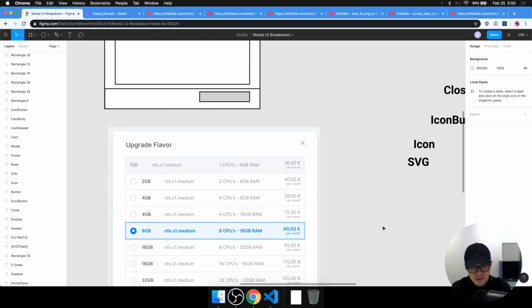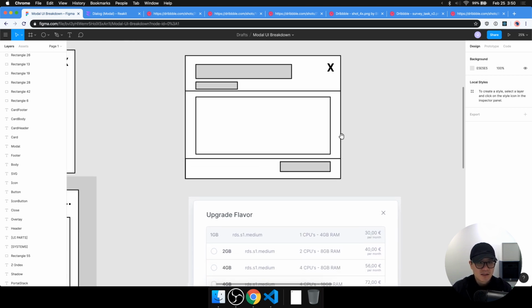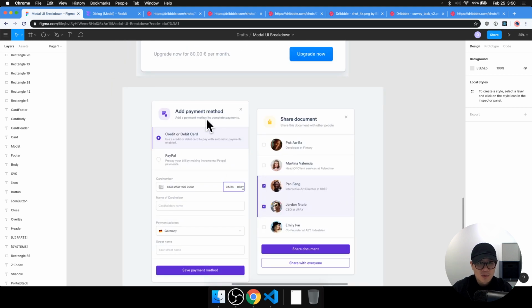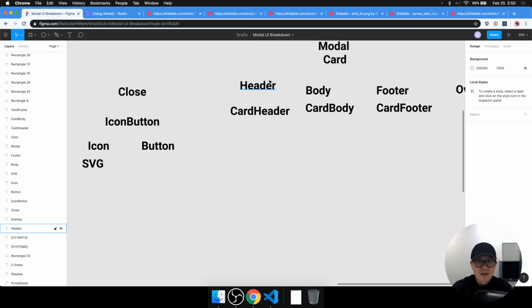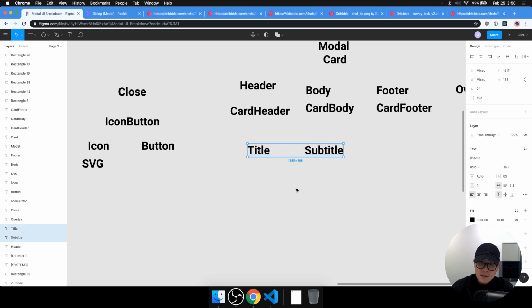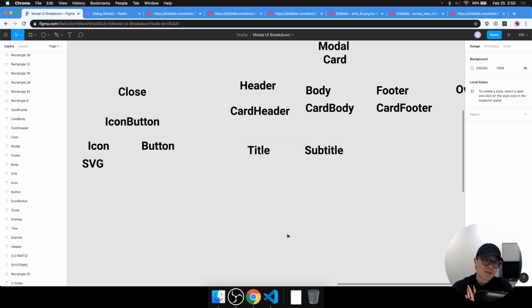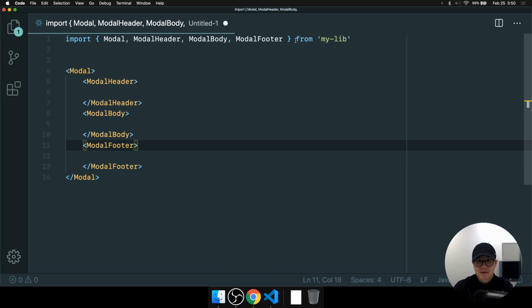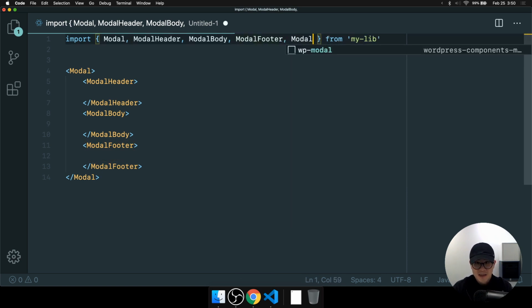And what else do we need to render? We need to render some sort of title of some kind, right? Here we have upgrade flavor. Here we have add payments and maybe some other text, some subtitle text underneath there. So we need some sort of title. Also subtitle. These ones may be exclusive to Modal, may not be, right? So now we're starting to get like,